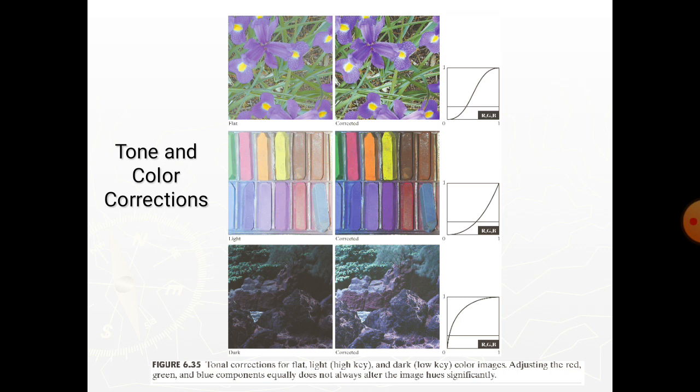The S-shaped curve in the first row of the figure is ideal for boosting contrast. Its midpoint is anchored so that the shadow areas can be lightened and darkened respectively. The transformations in the second and third rows of the figure, which correct light and dark images, are reminiscent of the power law transformations.